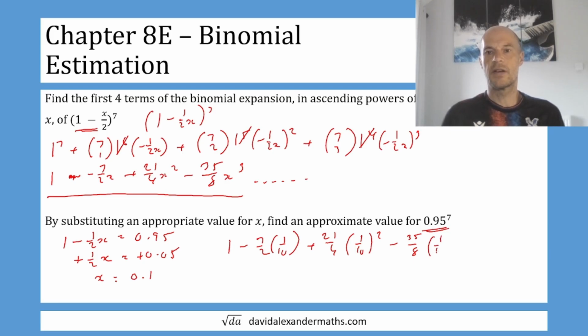In reality, I'm just going to type in 0.1 into my calculator, press equals, and then recall that using the ANS button. So 1 minus 7 answer divided by 2 plus 21 answer squared divided by 4, take away 35 answer cubed